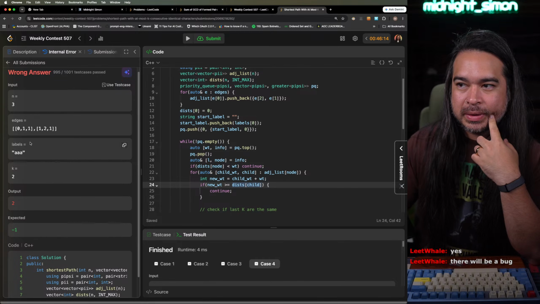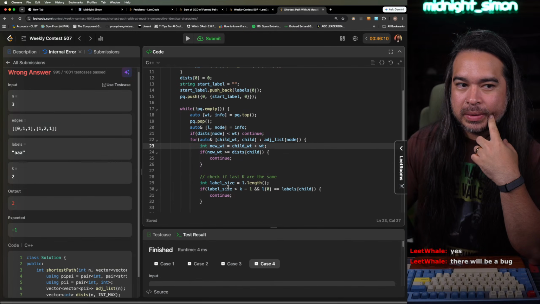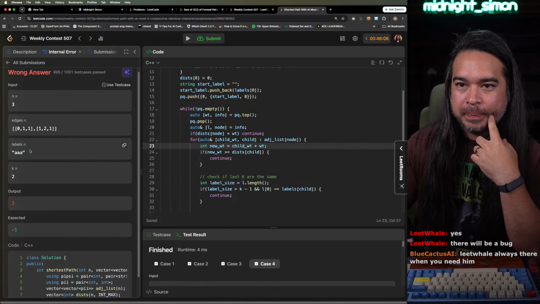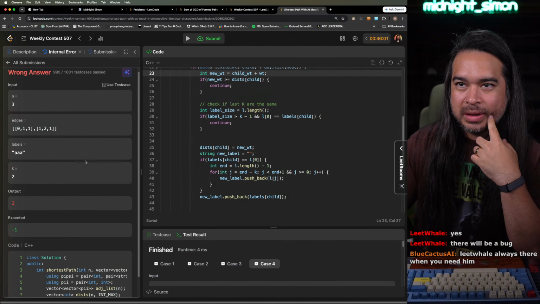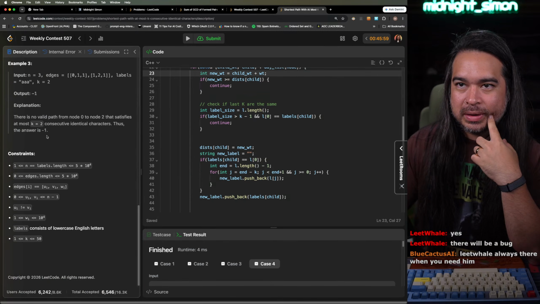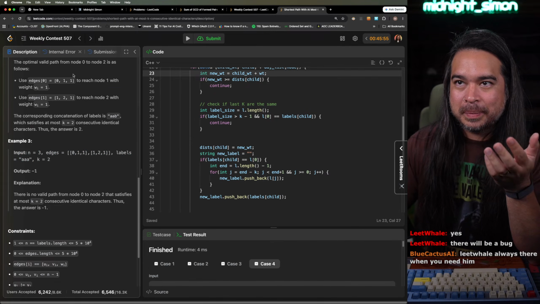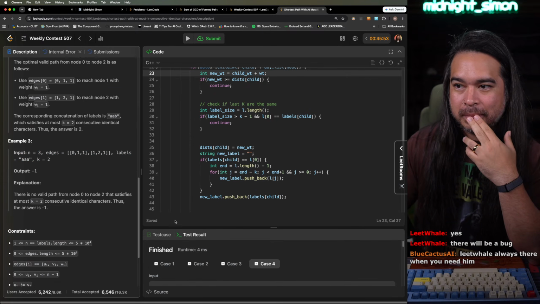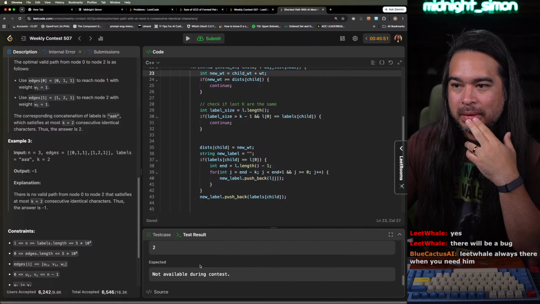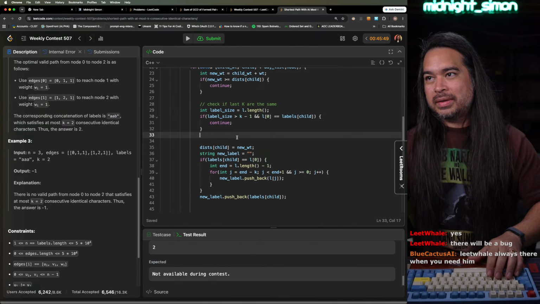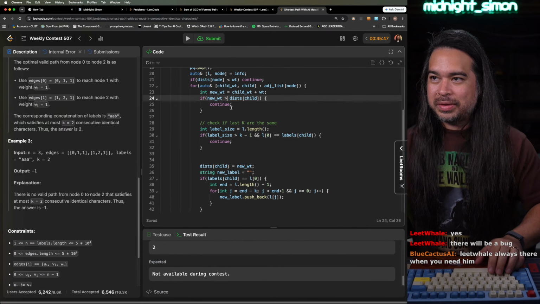Because, I don't know. 0 to 1, 1 to 2. So it should not be able to reach. I swear, isn't this the thing? Yes. So when I do that, for some reason,